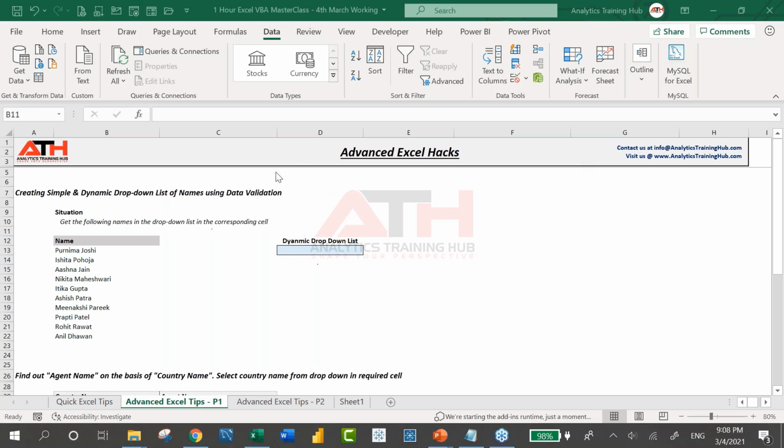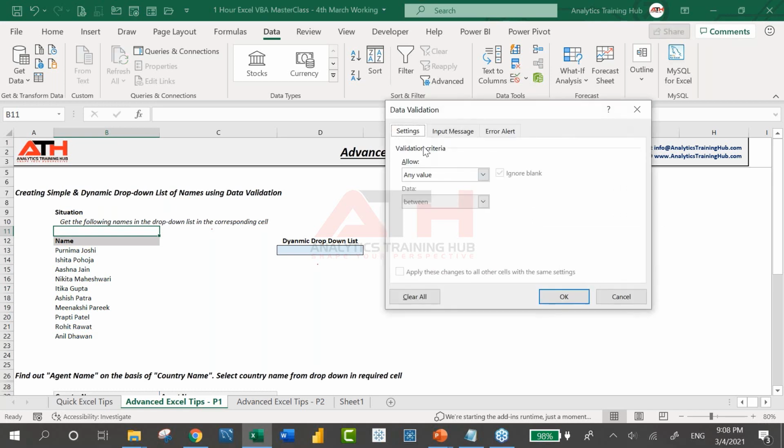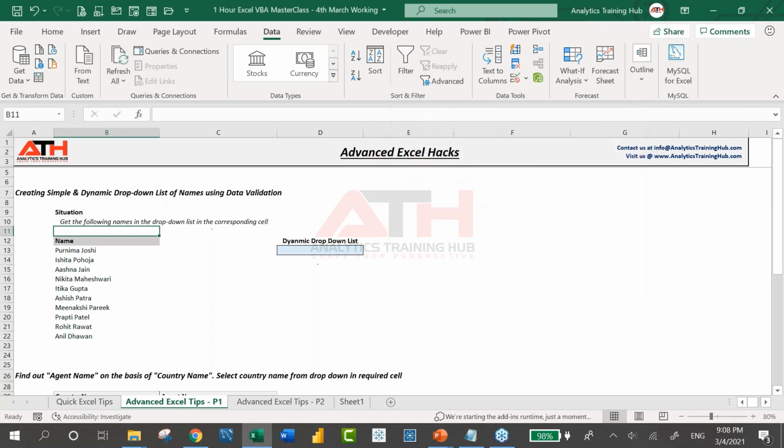Okay. Now coming to the feature that is called data validation, which is located under data ribbon tab in data tools category after the remove duplicates. This feature allows us to create a validation for a particular cell or range of cells. Okay, I'm not going to jump into detail of it. So I have got one topic here, how to create a simple and dynamic drop-down list. What is drop-down list? Wherein you can show the multiple items in a single cell's drop-down so that you can simply choose from the list of items.